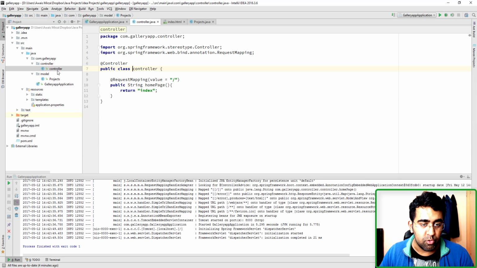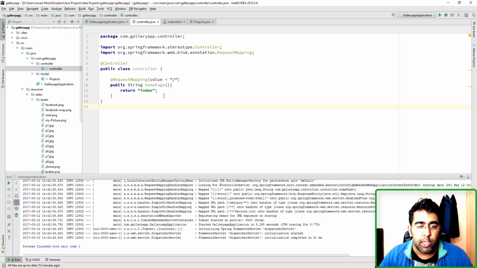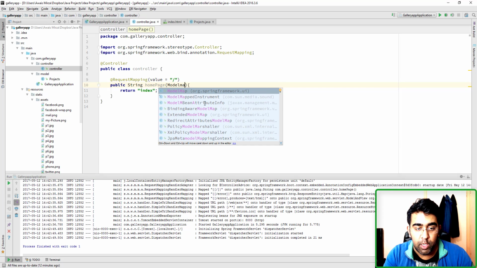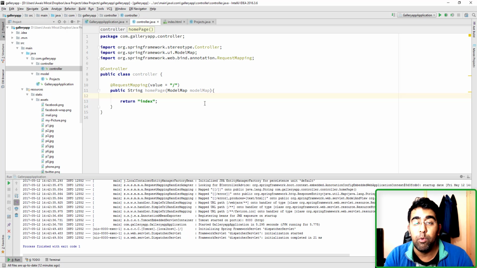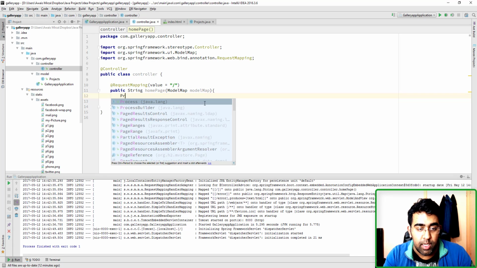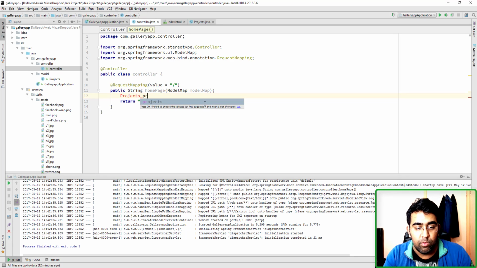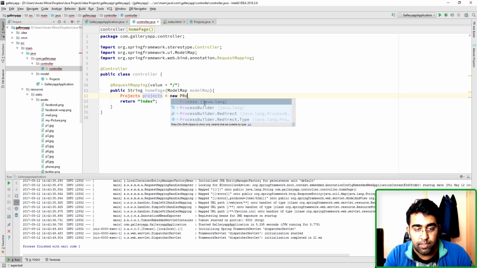Now let's go to the controller file. In the controller file, we are going to use the ModelMap class first. So let's type ModelMap in our method, coming from Spring Framework again. Let's name it modelMap. And now let's go to the next line, and first we need to create an object from our project class. That's our model, right? So we'll say Project, we'll name it project, is equal to new Project,